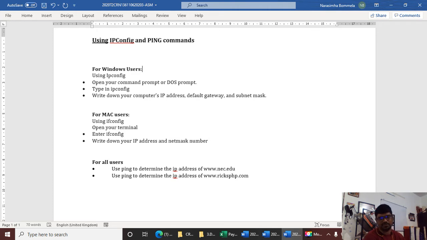Remember one thing, you will be using the ipconfig command first, then you will be using the ping command to trace the two websites that are given here. After completing each activity, we take a screenshot of the details and keep it. For the first activity, when we are using ipconfig, we keep all the records in a table. Let us try out how to find our IP address and how to trace the route between our IP address and the target websites.